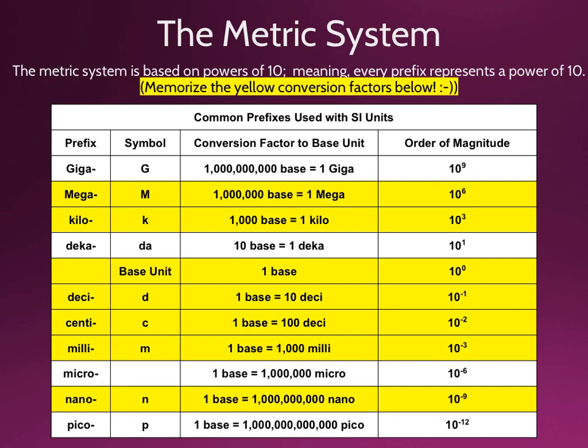The metric system. Isn't it beautiful? Kind of. All right, the metric system is based on powers of 10, so it obviously fits pretty well with scientific notation because they both are representative of powers of 10. A power of 10 just means a decimal place. So if I say 10 to the first versus 10 to the second, the difference is 1 decimal place between them. Okay, for this page,